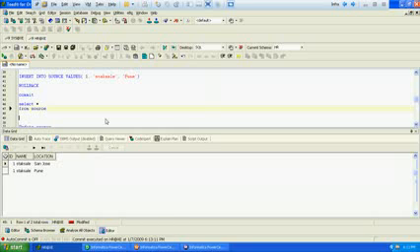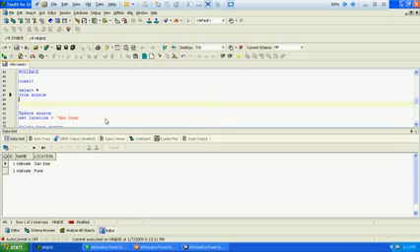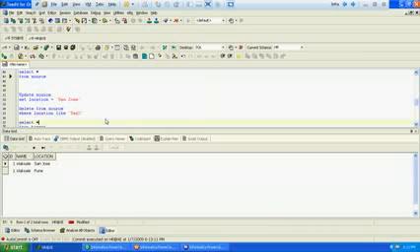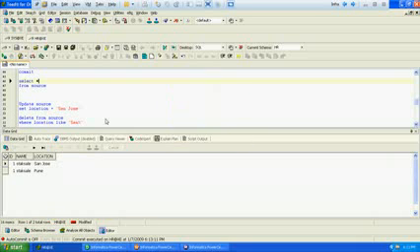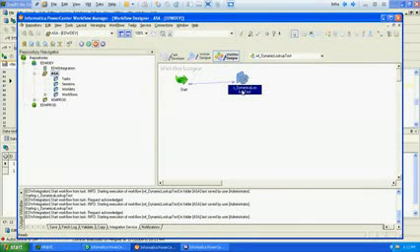Our requirement is that this user Taxai was in San Jose and he got transferred to Pune, and if there is no record at the target table, the final output we require is one, Taxai and Pune, because previously he was at San Jose and after that he got transferred to Pune. So there has to be only one record, and that is the second one, Taxai and Pune. We'll run the same mapping again and see.